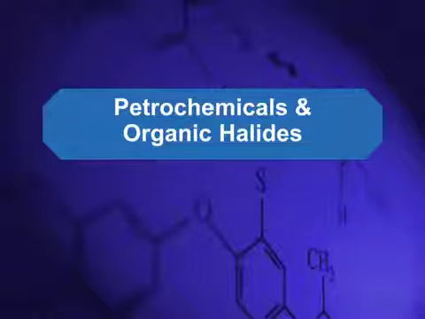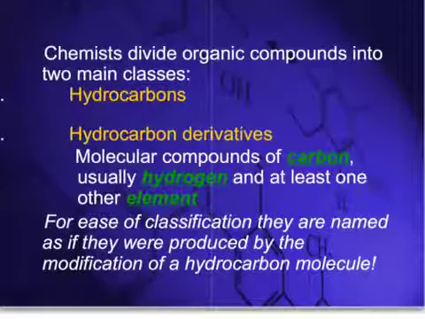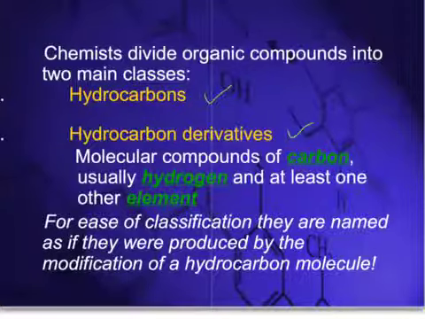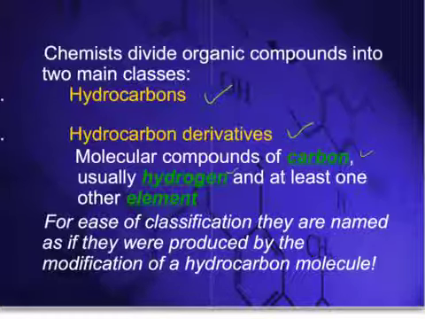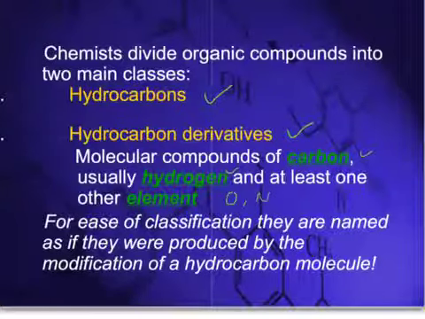In this video, we'll talk about the naming of petrochemicals and pay particular attention to organic halides. So far, we've talked about the naming and properties of hydrocarbons, but there is another group of chemicals out there known as hydrocarbon derivatives. These compounds come from hydrocarbons, which as you recall contain carbon and hydrogen, but these derivatives also have one other element, usually an oxygen, a nitrogen, or a halogen, and we'll denote all halogens with